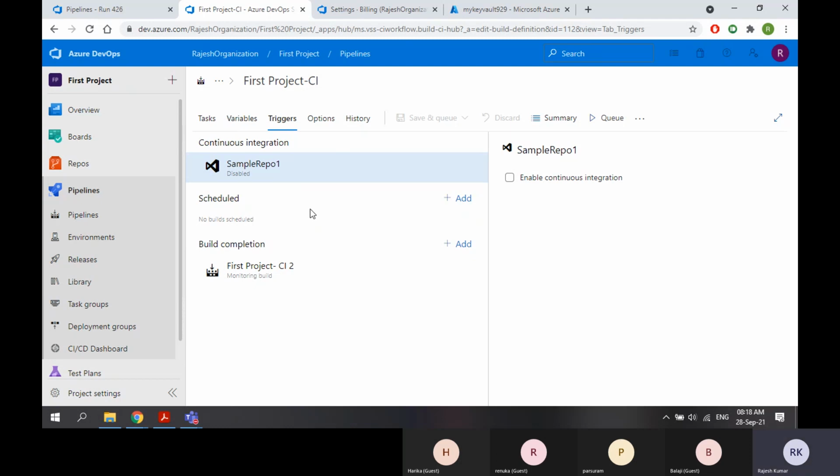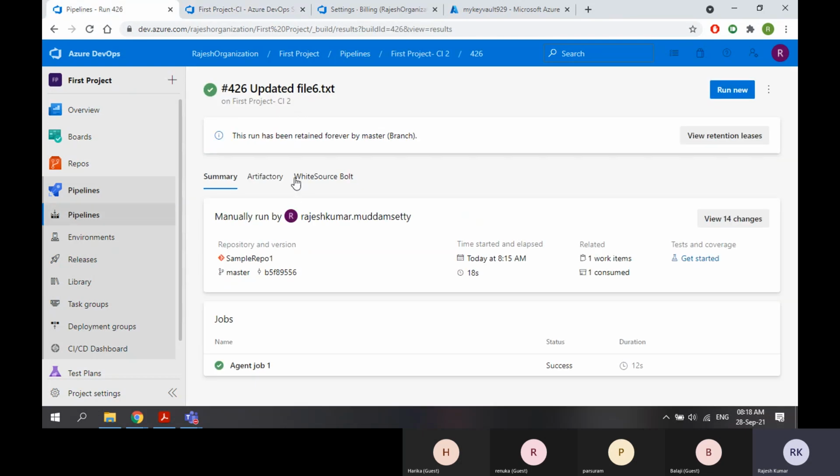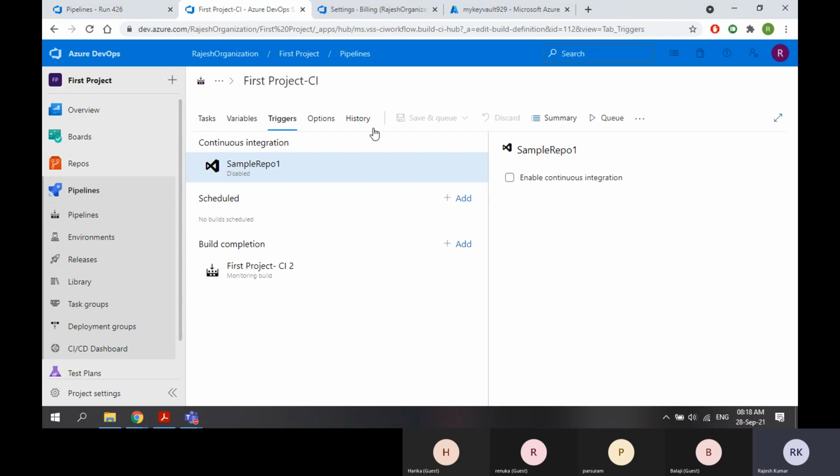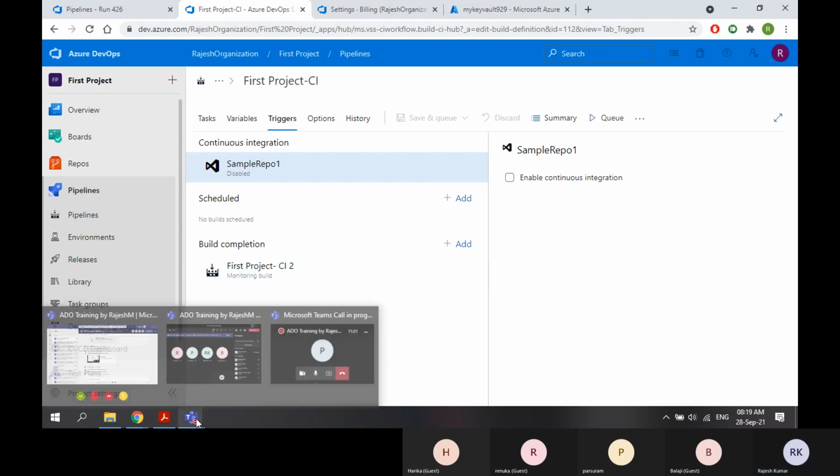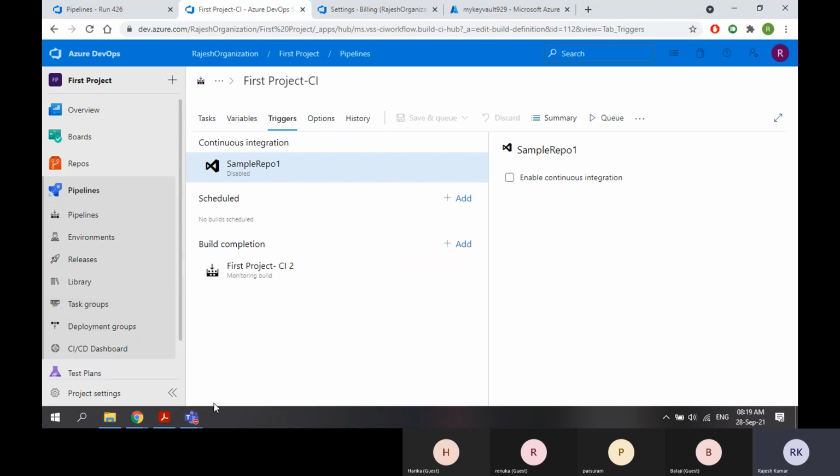Once you create this pipeline, it will be there forever. Whenever this build pipeline completes, every time this pipeline will trigger automatically. No manual work, no human work. So that's where we automate things. Okay, tomorrow we will see the other options.